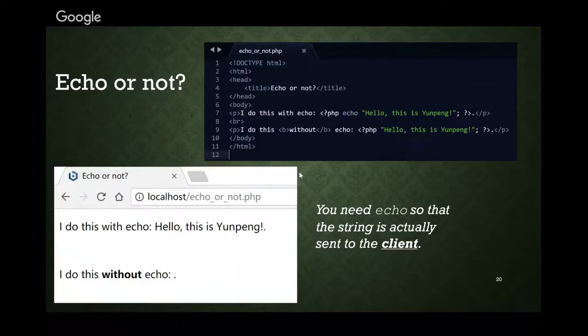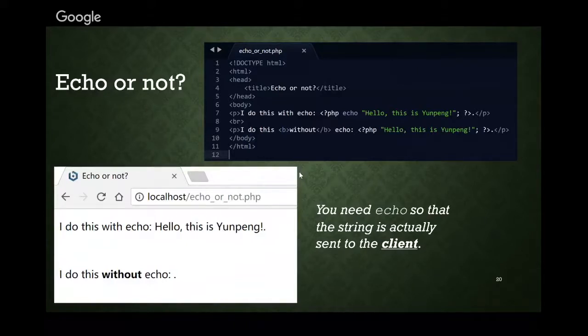It's just like in your Java program, you declare a variable, but if you do not print it, the console output will never receive this thing and it will never appear in your console result. Okay, so remember